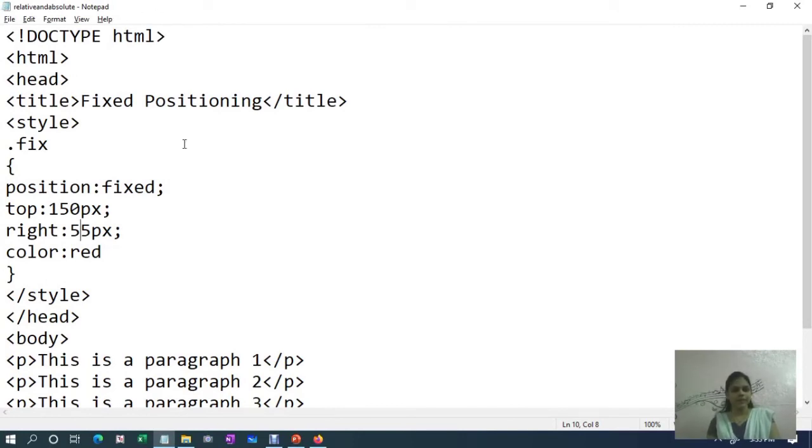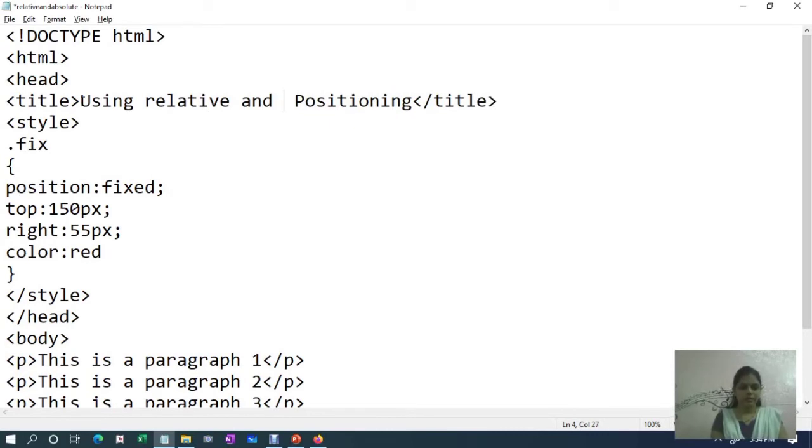See, a new file has been created. Now here you can provide a title like using relative and absolute positioning. Using relative and absolute positioning.